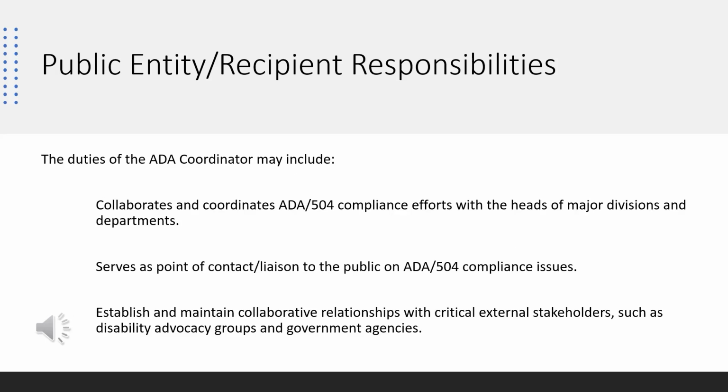The duties of an ADA coordinator will vary from agency to agency, but some of those duties may include collaborating and coordinating ADA and 504 compliance efforts with the heads of major divisions and departments, serving as a point of contact or a liaison to the public on ADA or 504 compliance issues, establishing and maintaining collaborative relationships with critical external stakeholders such as disability advocacy groups and other governmental agencies,